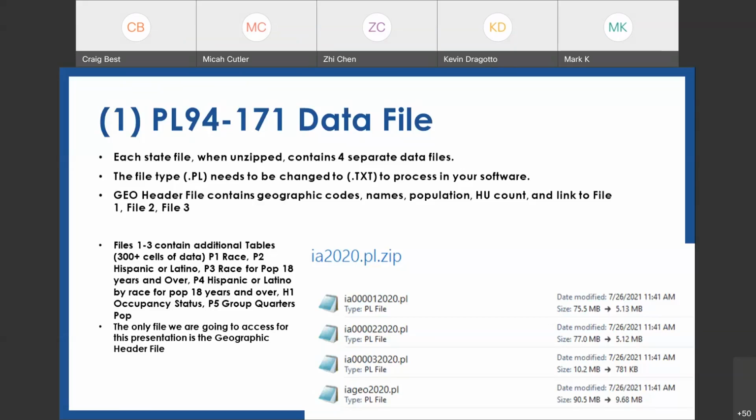Realize, I believe Iowa has about 283,000 records of geographic data, if I remember my numbers correctly here. There are a total of 400 cells of data between these 4 tables we're going to import. So we're talking 100 million cells of data. I'm guessing you don't want all those cells of data, so you're going to use the techniques I show you to drill down to just the pieces of data that you need.